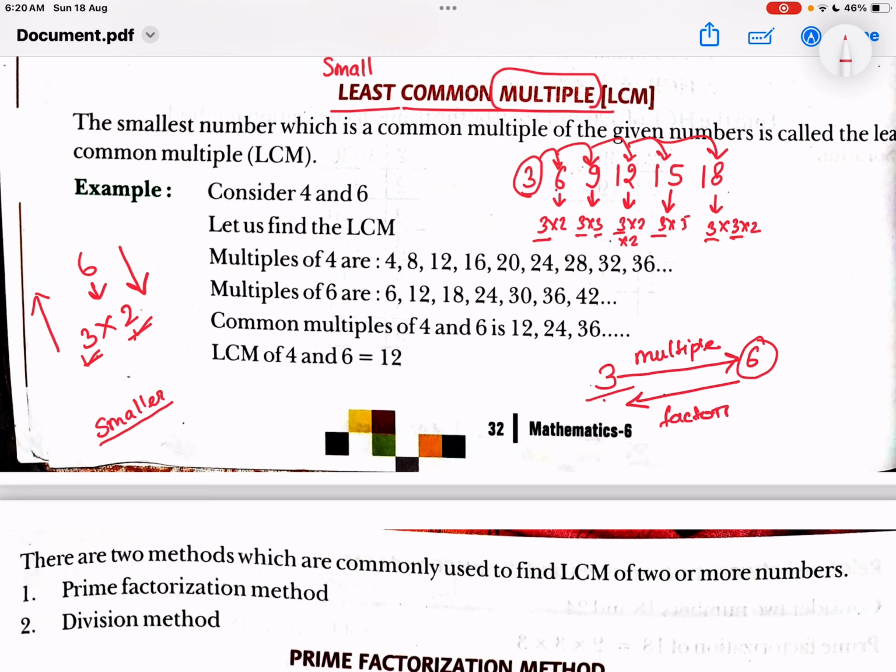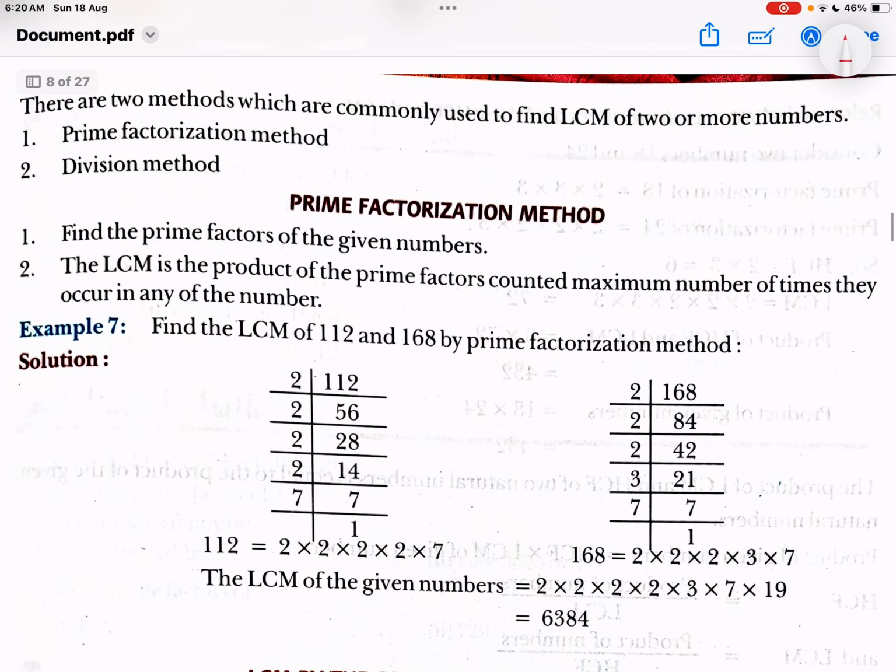Now what is an LCM? Okay, what is an LCM? And there are two methods to find the LCM. The first one is the prime factorization method and the second is the division method. So what is LCM? You will get understanding after solving the question. By definition, it would be kind of lengthy and you will not be able to understand. So directly from the question, I will try to explain what actually the LCM is, what is the meaning of the least common multiple.